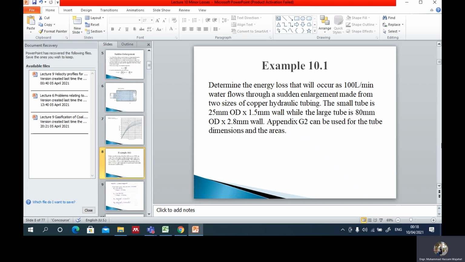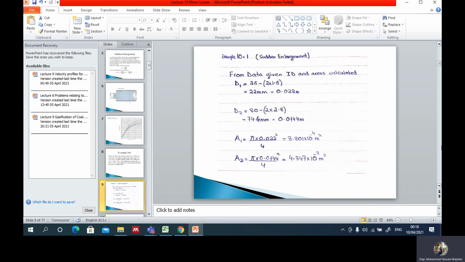So what do we do? The first and foremost thing is to check if our flow rate is in SI unit. It is not. It is 100 liter per minute. The SI unit for flow rate is meter cube per second. So first of all, we need to convert our flow rate into meter cube per second. यानी हमने पहले मीटर क्यूब पर सेकेंड में कन्वर्ट करना पड़ेगा. हमारे पास हमारी एरिया मीटर स्क्वायर में है, तो we get our velocity in meter per second. That is exactly what I've done.